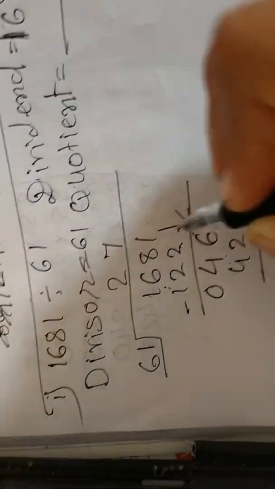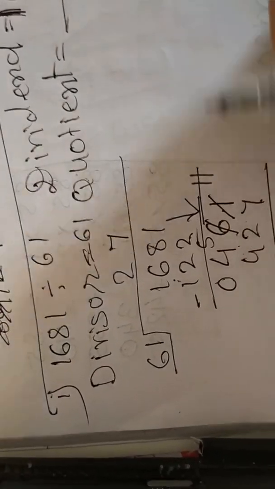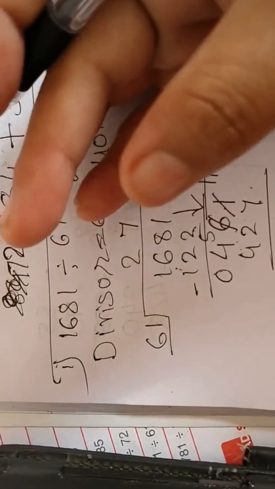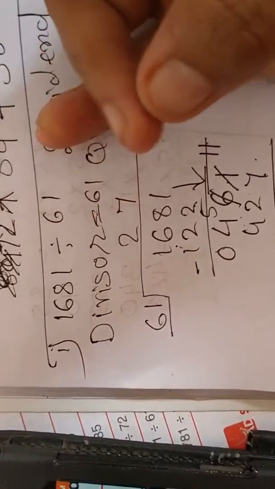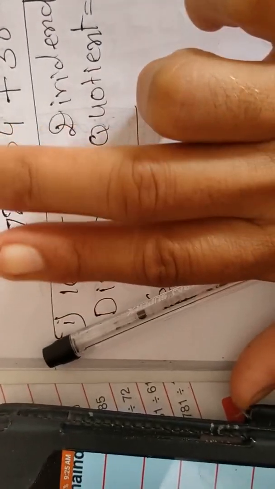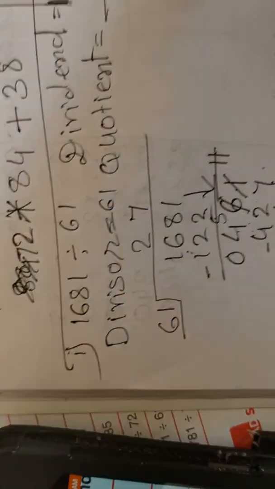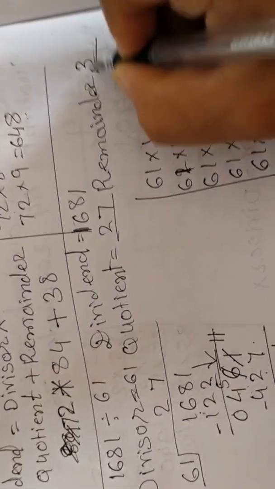1 minus 7 is not possible. We'll cut 6, write there 5. We'll cut here 1, write here 11. 11 minus 7, 11 on your finger, 1 2 3 4 5 6 7 8 9 10 11. So 11 minus 7, we have to cut the 7. 1 2 3 4 5 6 7. So answer is 1 2 3 and 4. We have to write here 4. 5 minus 2, 5 on your finger, cut 2, 1 and 2. Remaining number is a 1 2 and 3. So we have to write here 3. 4 minus 4, 0. So quotient is equal to 27 and remainder is 34.